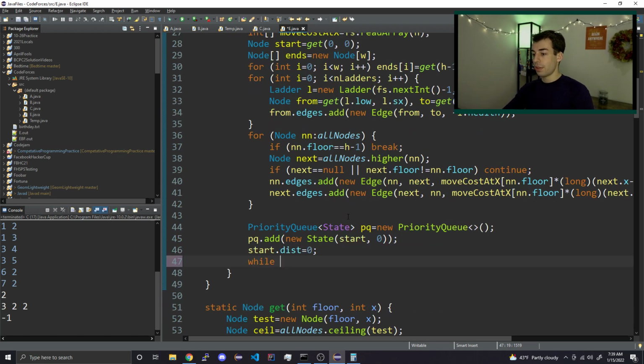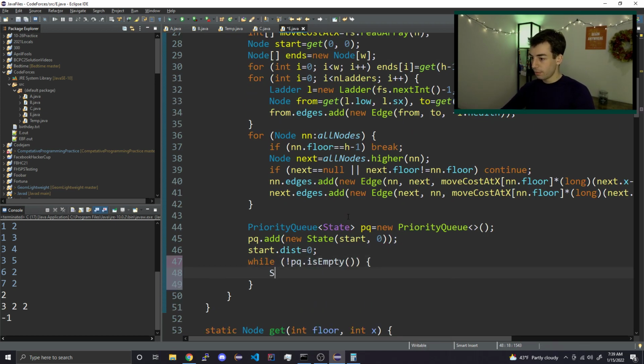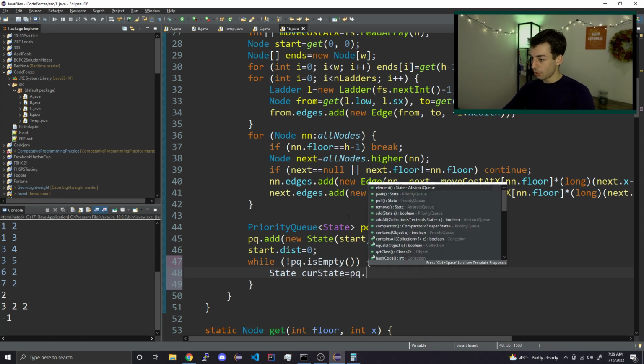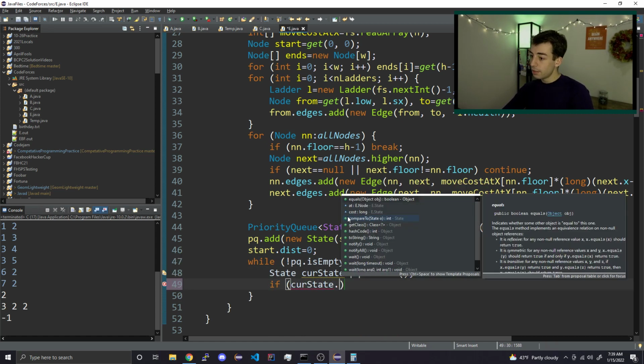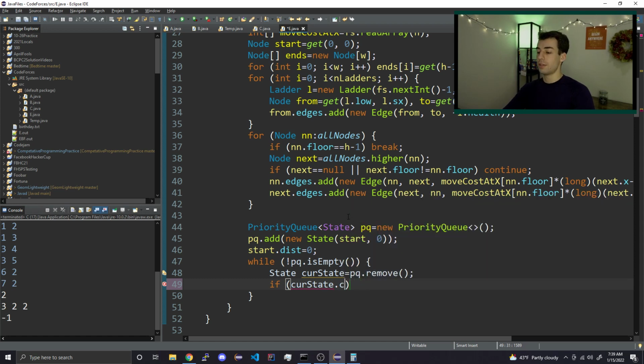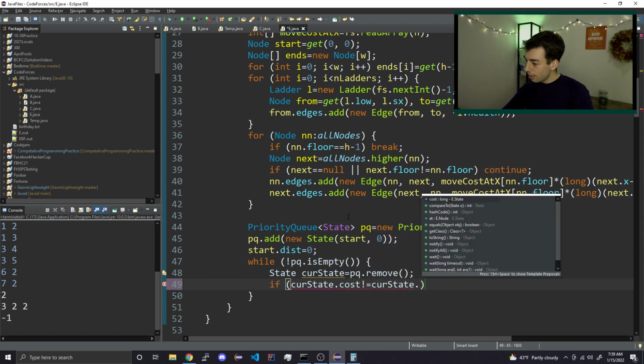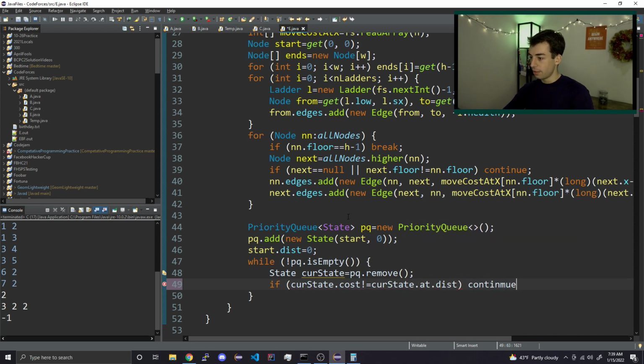I think that's right. So then while not pq dot is empty, state cur state equals pq dot remove. If cur state dot cost is not equal to cur state dot at dot dist, then continue. Otherwise, for edge EE in cur state dot at